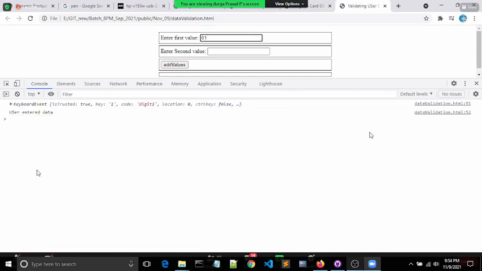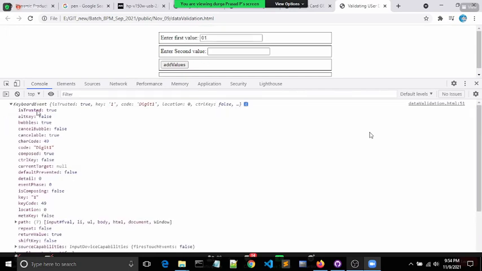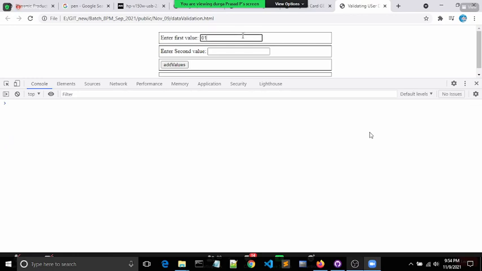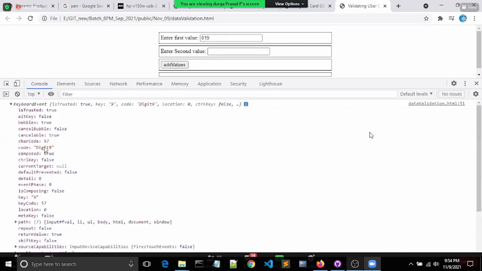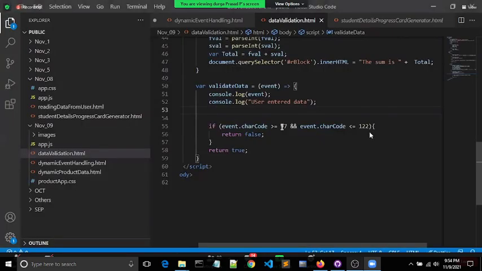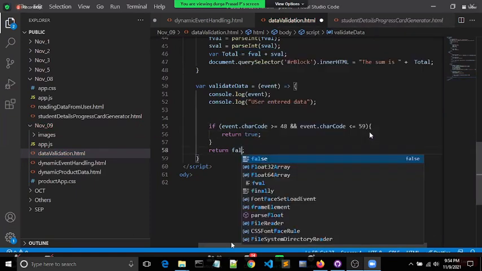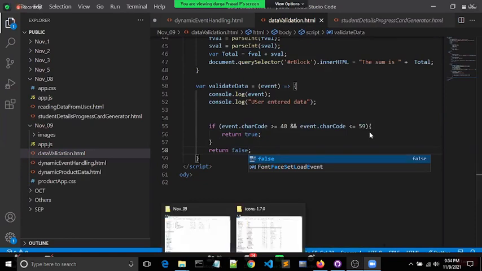When I say 1, obviously it is 49. Now I say 9. What is that? Char code is 57. Can I simply put a condition: if the char code is greater than or equal to 48 and less than or equal to 59, you simply return true, else you simply return false? Can I do this? Save this,